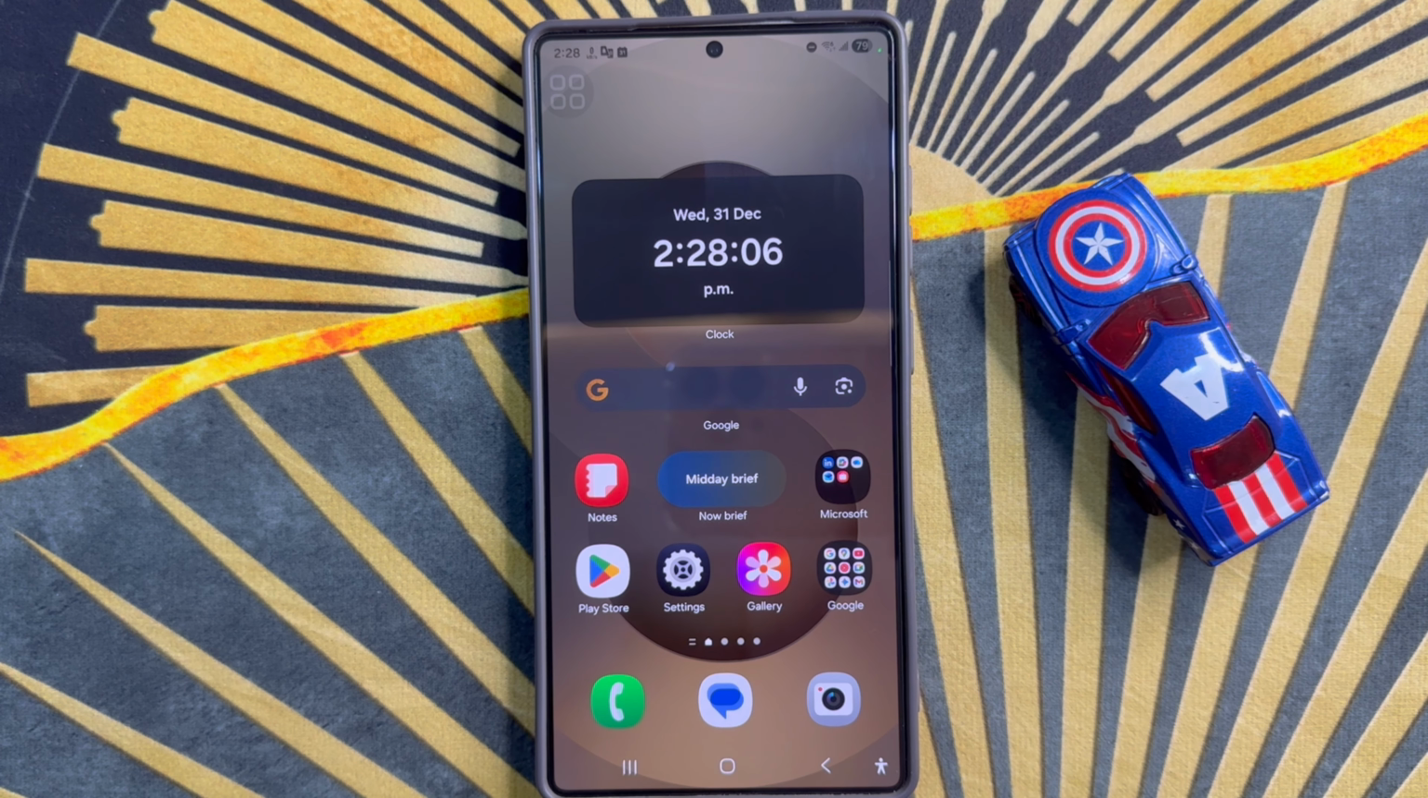So that's how you can show and hide avatar stickers on app screen on Samsung